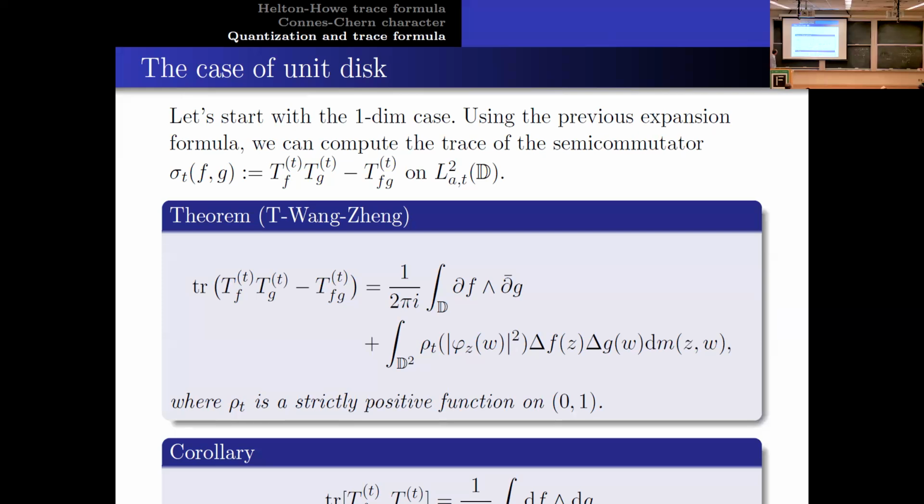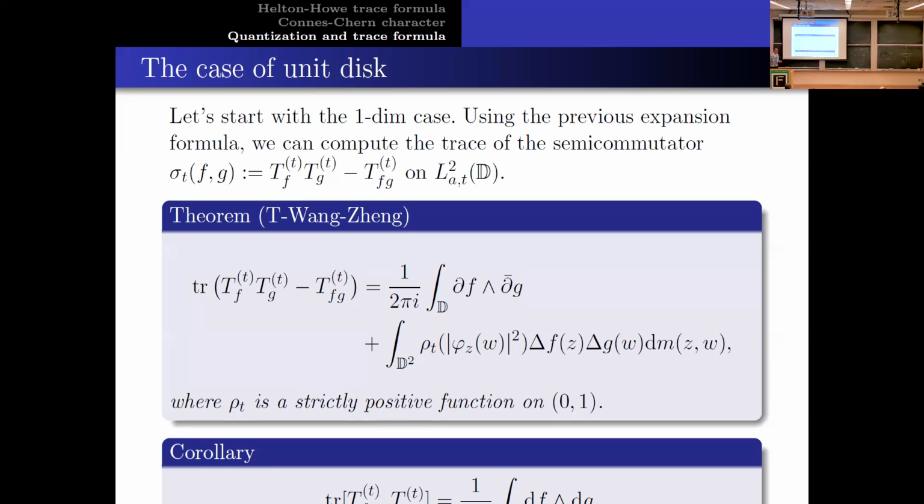You can see that in general, if we're interested in the semi-commutators, it does depend on t. But if we look at the commutator, then it does not depend on t. That's very special for the trace of the commutator. Another piece of information is that although this depends on t, what we can tell from studying rho t more carefully is that rho t converges to 0 as t goes to infinity. So this term drops out when we take the large t limit. So we eventually get this formula for